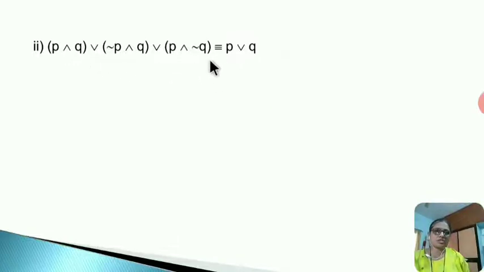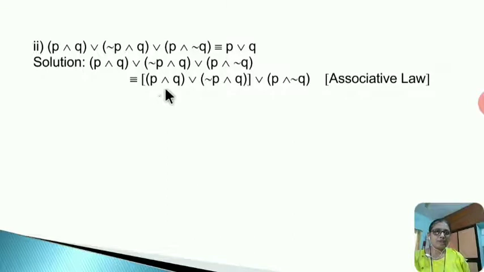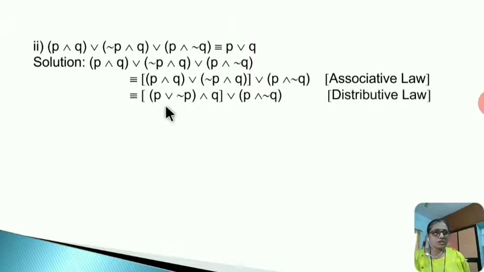So consider first of all this LHS, and if we consider here LHS, in between these brackets we observe disjunction is there. So first of all we use here associative law. So we rewrite this by using the associative law in this way. I consider these first two brackets as a single term and the third bracket as a second term. Okay, so I use here associative law. Now see here this first bracket. Now we use here distributive law.